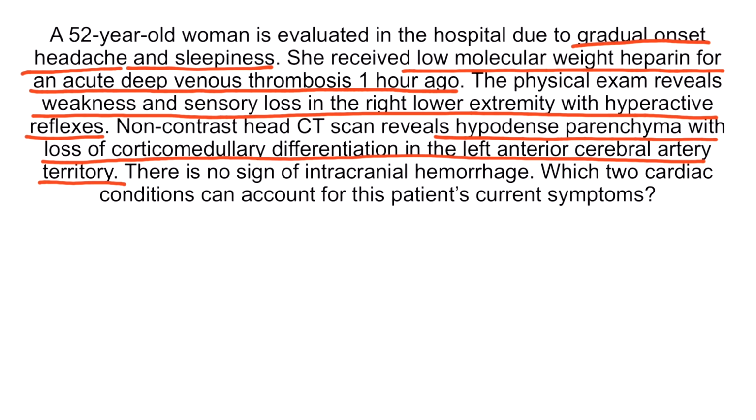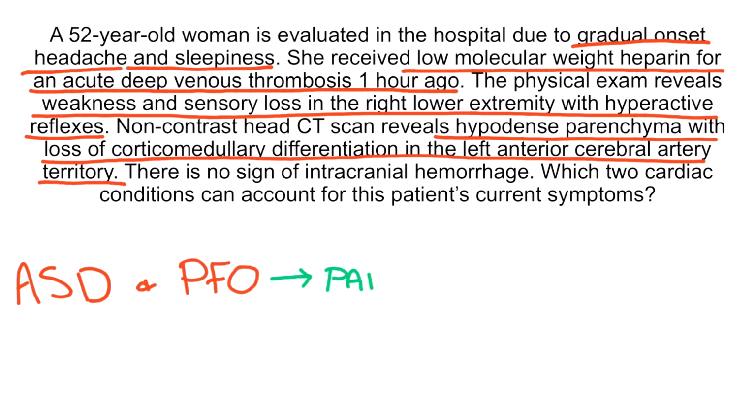This patient had a thrombus in her peripheral veins that eventually ended up in the cerebral arteries. Normally, a venous thrombus cannot bypass the lungs because it will become stuck in the pulmonary arteries or capillaries. However, if there is an intracardiac right to left shunt, a venous thrombus can travel from the right atrium to the left atrium through the shunt and embolize to the brain. This phenomenon is known as a paradoxical embolus. Atrial septal defect and patent foramen ovale are two cardiac conditions that can account for paradoxical embolus.